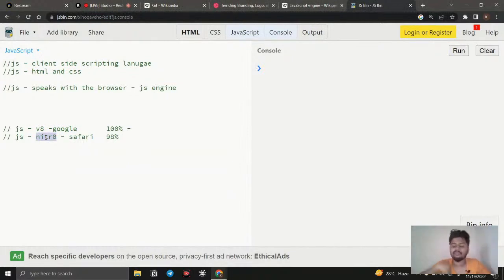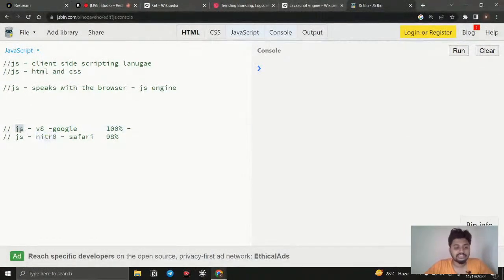They will make some changes in the translating, because they are created by different developers. For example, if I ask you to create a to-do list, you will create it using some simple math, some person will use class based components, and some other person will use function based components. It depends upon the person how they create the to-do list. Same like that, the engine is created by different developers. The Google developer will not know how Nitro is created, and the Nitro developer will not know how Google's engine is created. They have their own methods, and they use them. So each and everything is not going to be the same.